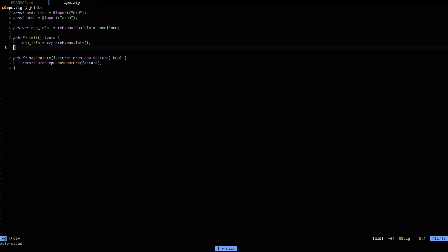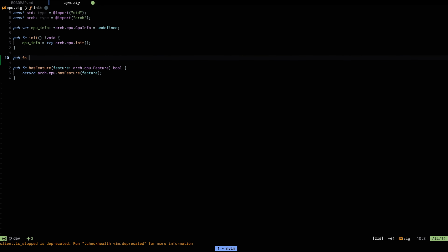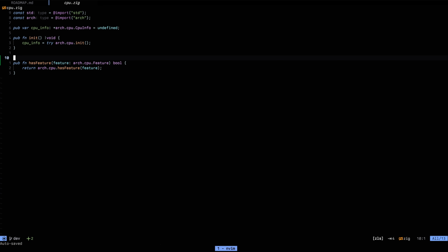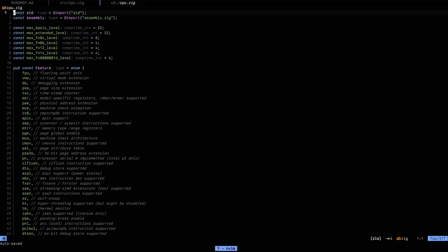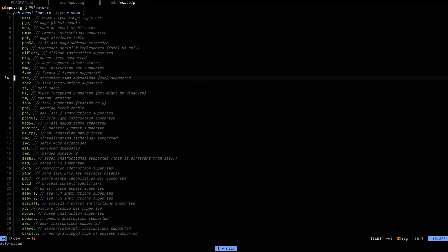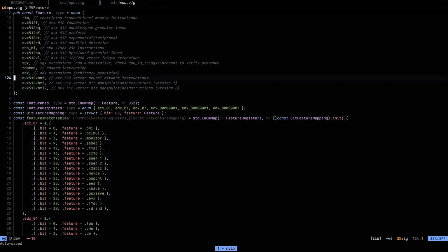I was also thinking about adding a pub function validateCPU here, just so that we can choose what kinds of CPU we want to handle, and if we don't find them, just return a nice error message instead of just crashing and burning. So this is the public API. Going somewhere here, I went through the Intel documentation and pulled out, not all, but the features I thought most interesting. So here we have them in this